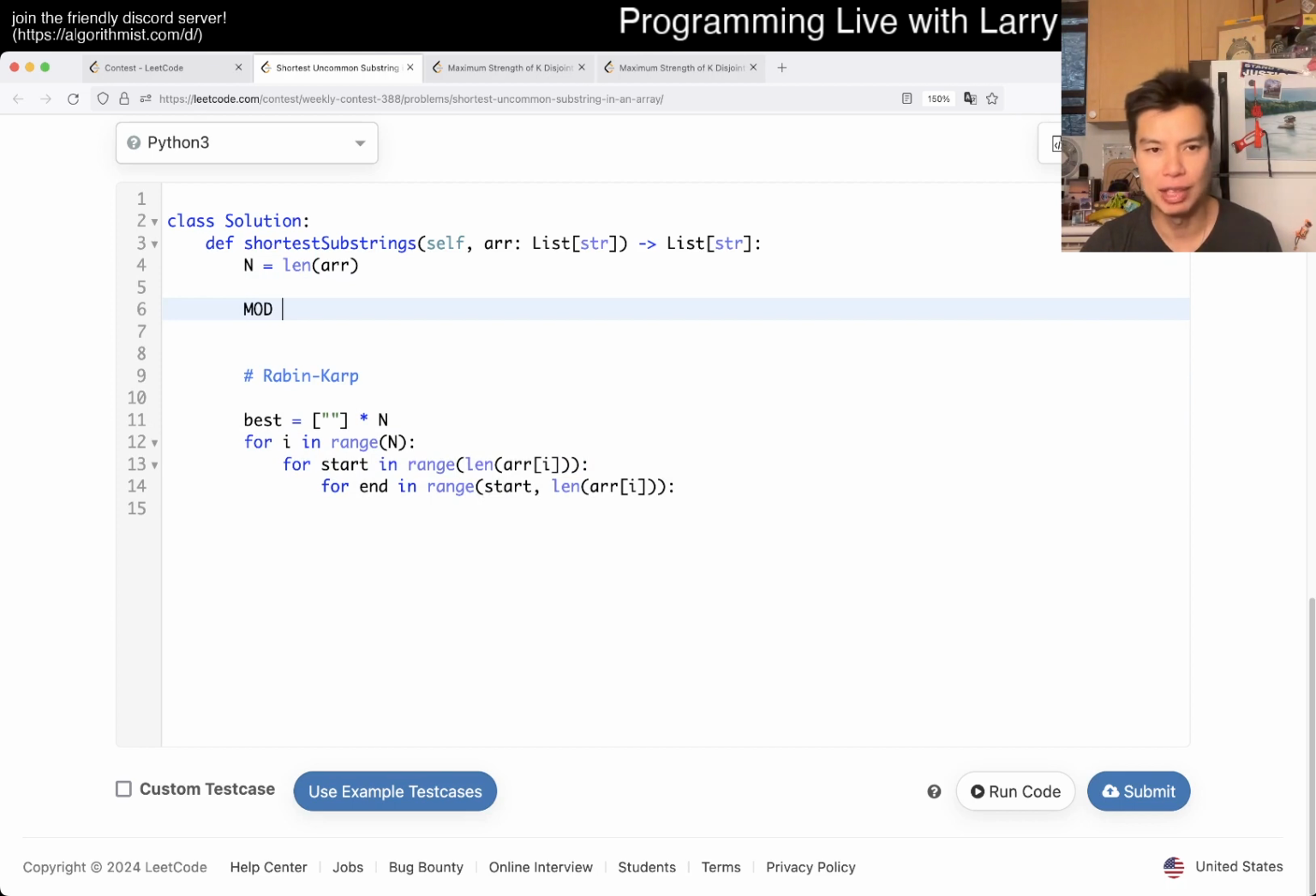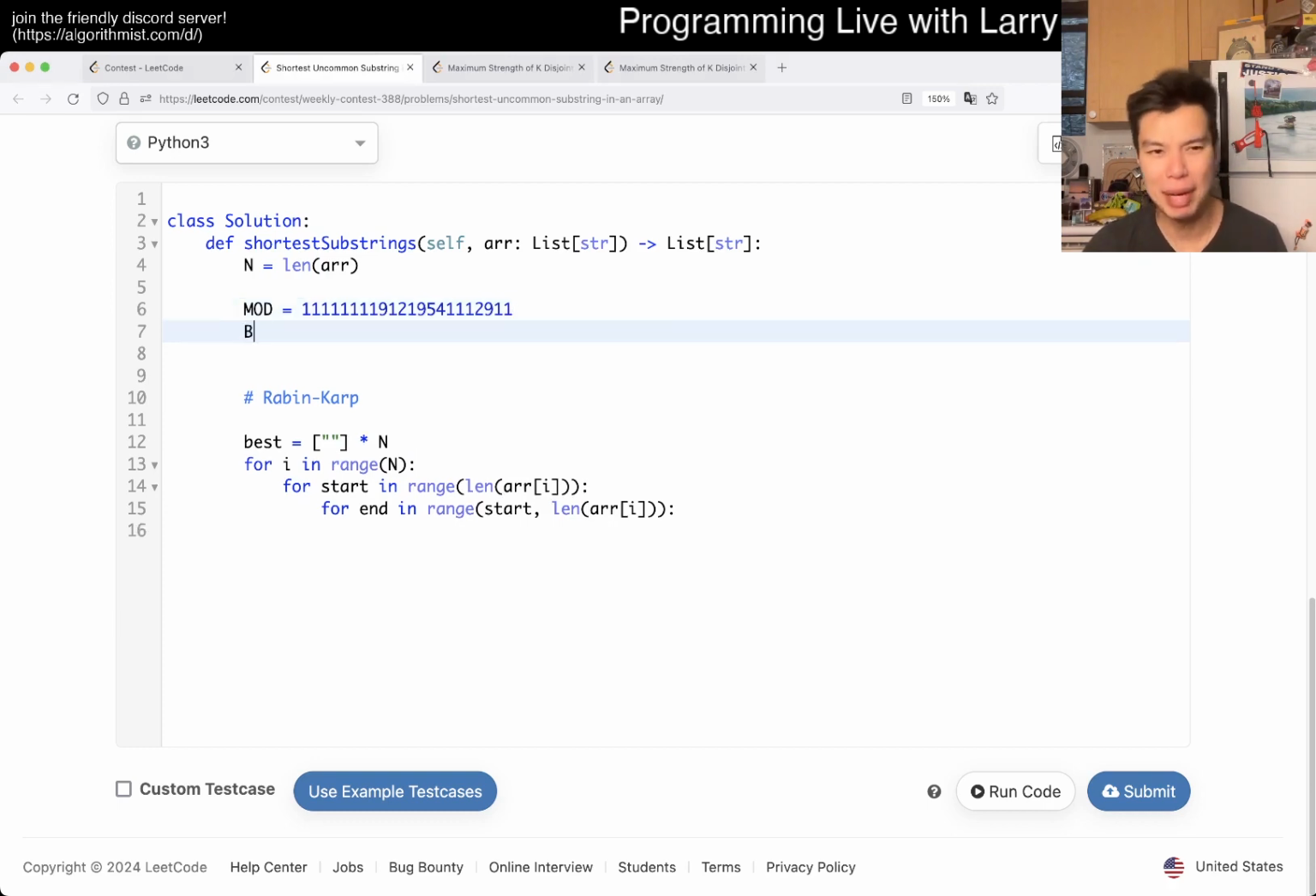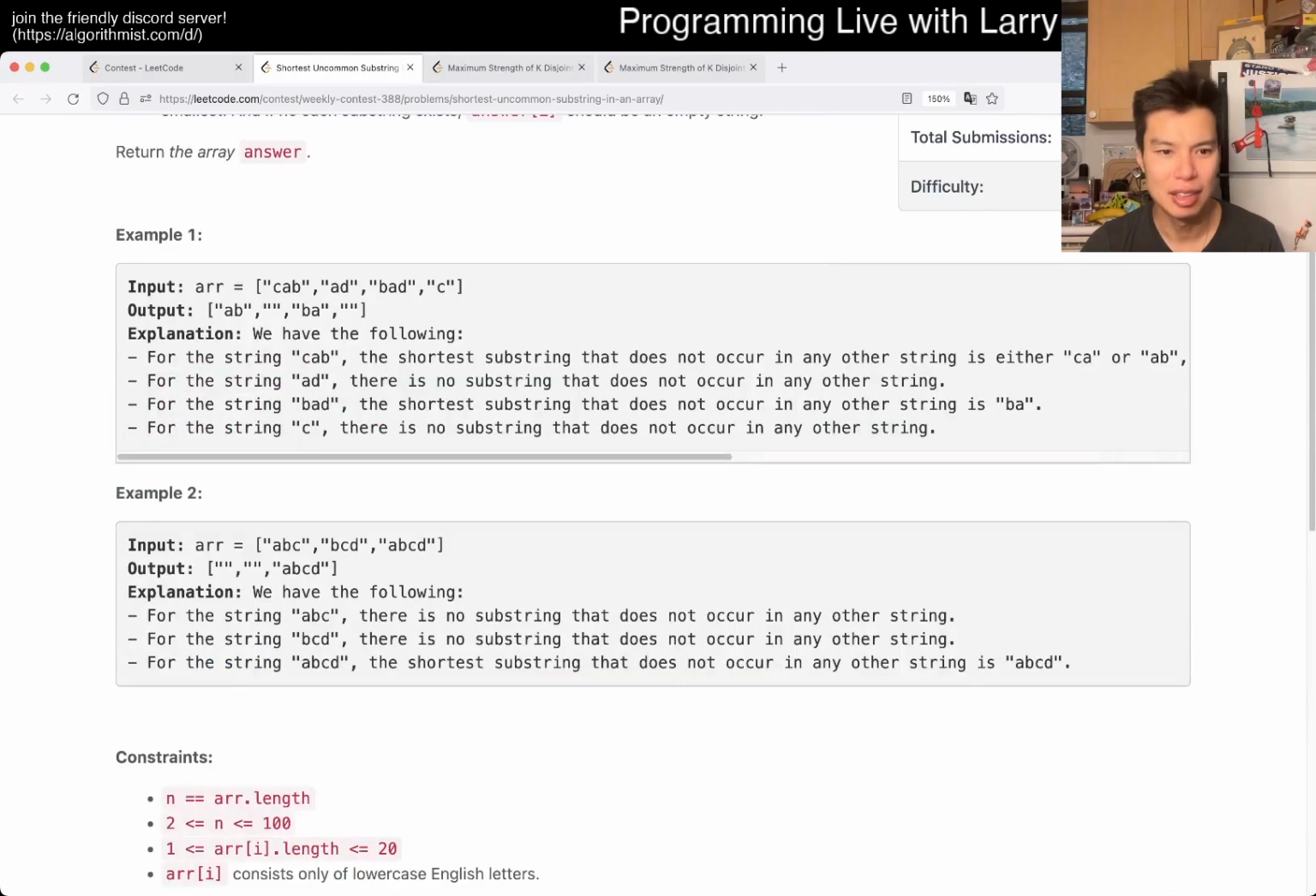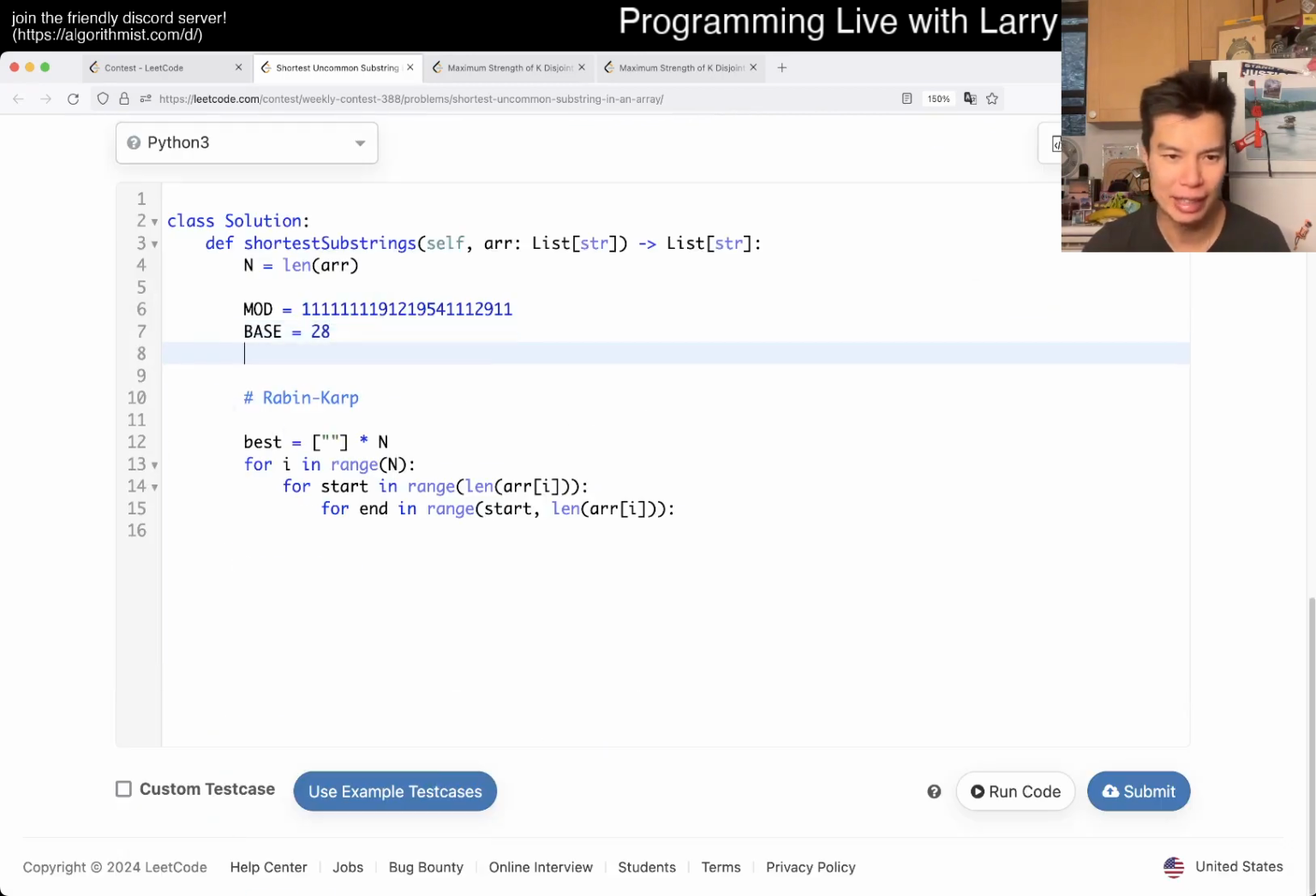So with rolling hash, we have two, you know, let me get a big prime. I always just Google for a prime, like a 20-digit prime, and I take a random one. I just take a random one. All right, that one looks good. And then maybe base is just, for this one, what is this? Oh, ABC. Okay, so I'll just use 28 or something. But yeah,